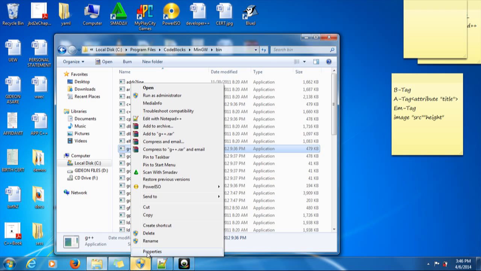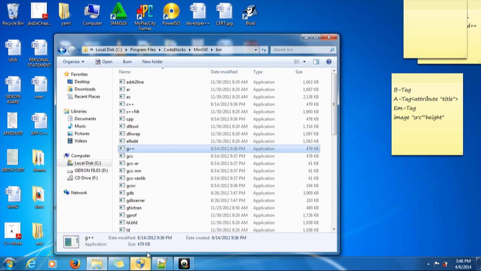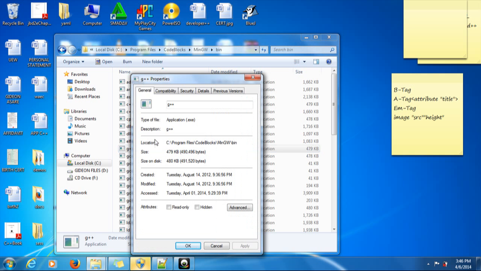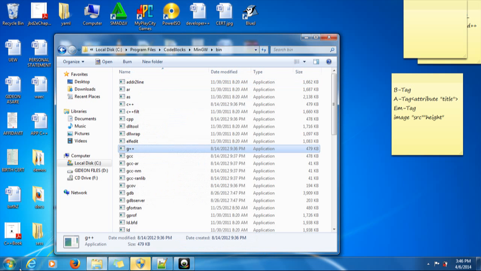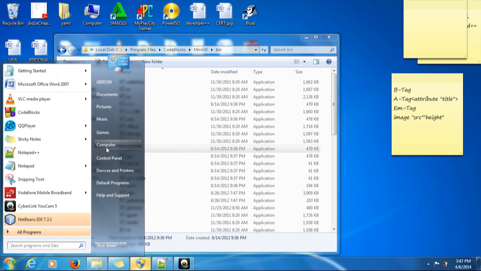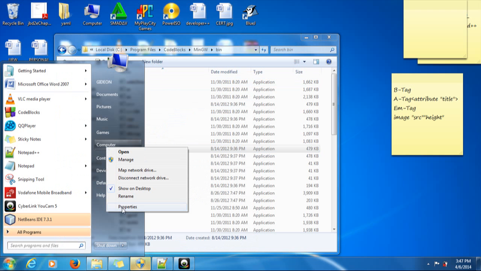So you click on properties and you go to where they've written location, C:/Program Files/Code::Blocks/MinGW/bin. So you copy that, Control C, then you go to your computer properties, you click on properties